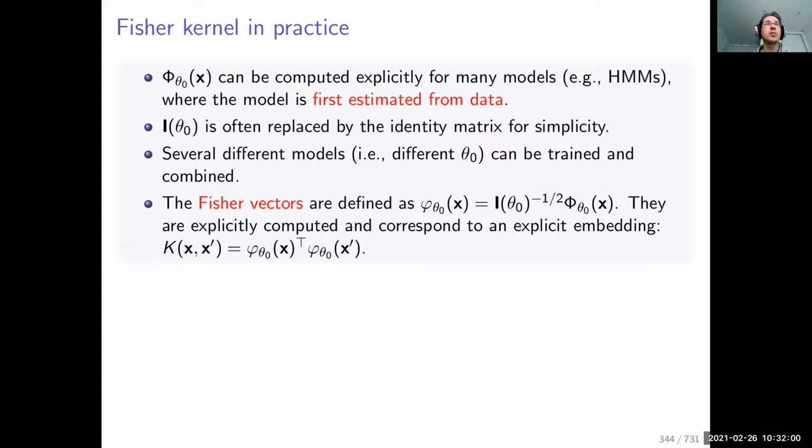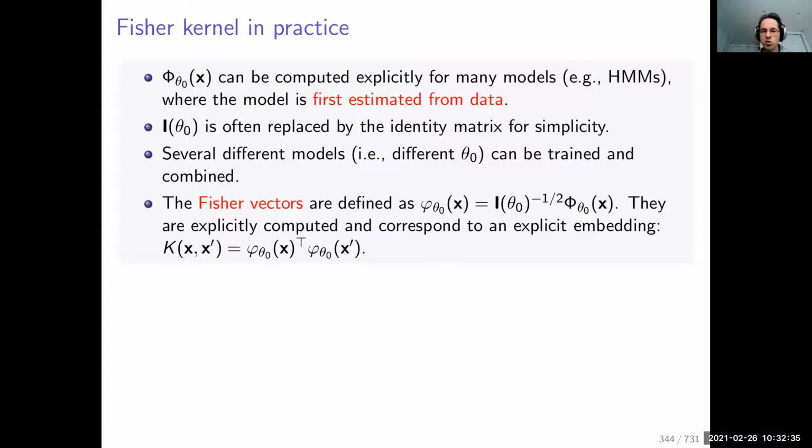In practice, what do we do? We first fit the probabilistic model using the probabilistic tools that you prefer. Often it will be maximum likelihood, like I said before. So the Fisher score is estimated from data. In some sense, it is adaptive to the data you get, because you fit the model to the data that you have. Something which is not very nice, because I explained that it's very important to be invariant with respect to the parametrization.